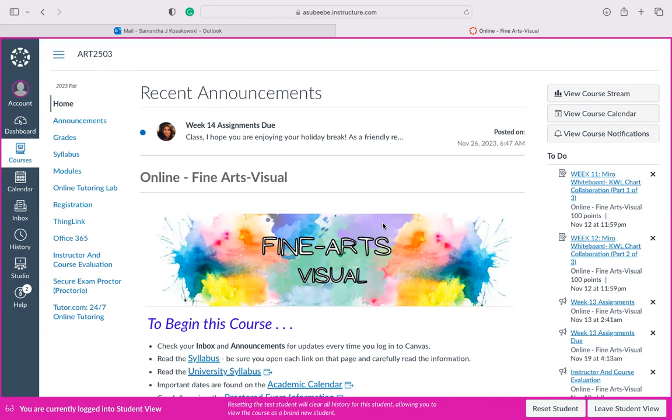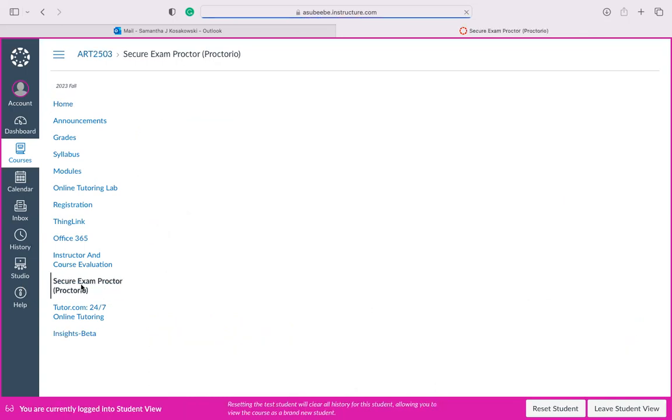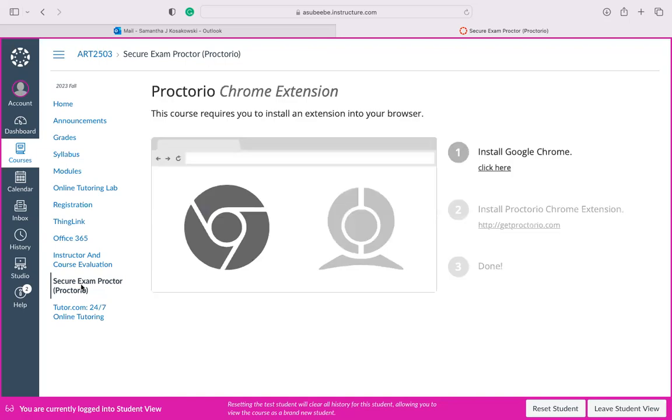It's really great. So the first thing I want you to do for this is go to your home screen in Canvas and go down here where it says Secure Exam Proctor. And this is essential for taking your exam. You need to install an extension using Google Chrome. It's the only way to complete your assignment. So unfortunately, there's no way around this. So you have to do this prior to opening your exam. You actually won't be able to do any work on it if you don't. So go ahead and get that done well before the final exam starts, and that's going to save you a huge headache. After that, I want you to go to Modules,